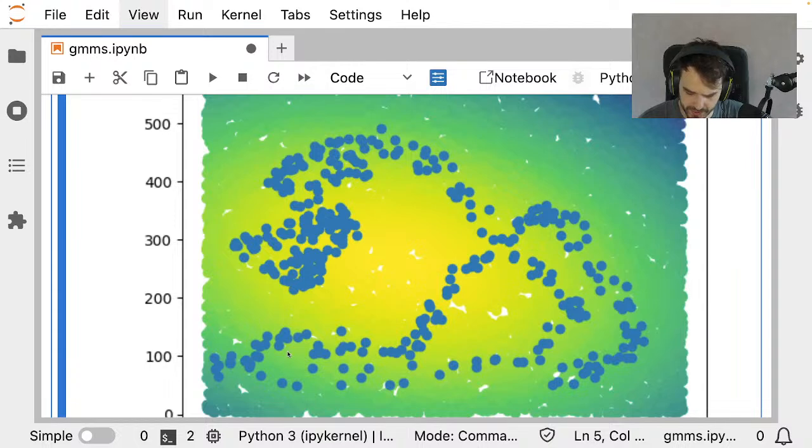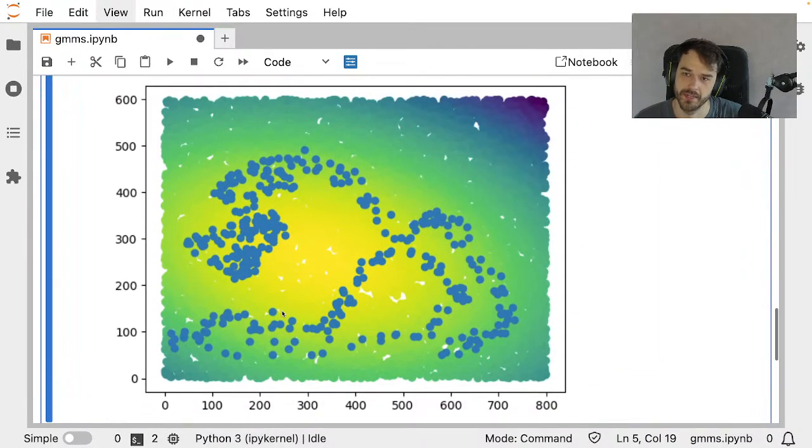So you can see the blue points. Those are the points that I actually drew myself. And then you can see the likelihood distribution, as it were, of what the Gaussian mixture is doing. So you can see that in this case, I've got only one component. And the Gaussian mixture model at this point is saying, well, if I have to figure out a way to summarize this data in 2 dimensions, the only thing I can do is make this big blob, and it's going to be somewhere in the middle of this data set. And that's exactly what it does.